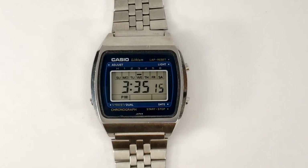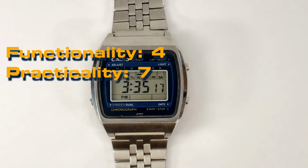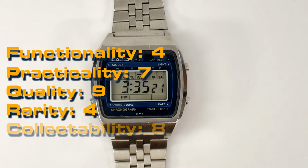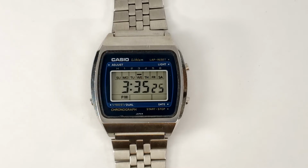So I'll give the functionality of this watch a 4, a practicality 7, quality of 9, rarity of 4, and collectability of 8. This gives a total score of 6.4 out of 10. If you're looking for a vintage Casio watch that was built to last, then the 95QS-31 is a must to add to your collection. An online resource states that the watch had a price tag of $40, which, if correct,